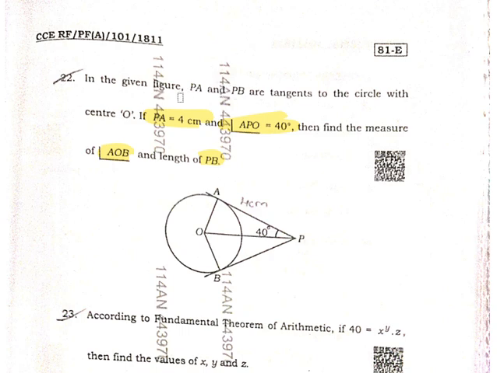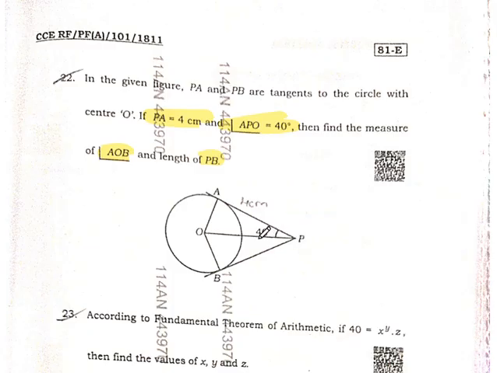So they are given the measurement for PA. You observe the diagram here. P to A, they are given the figure. Here PA and PB are the two tangents of this circle with the center O. And PA measurement they are given, one tangent measurement is 4 centimeter, and one of the angle made